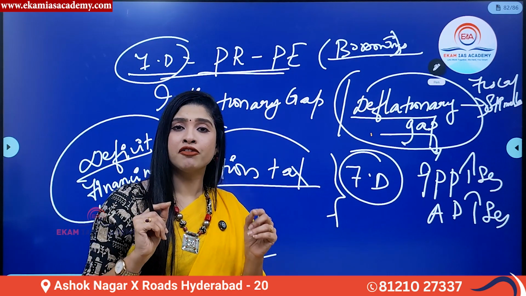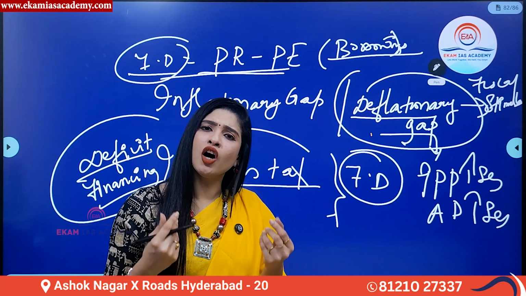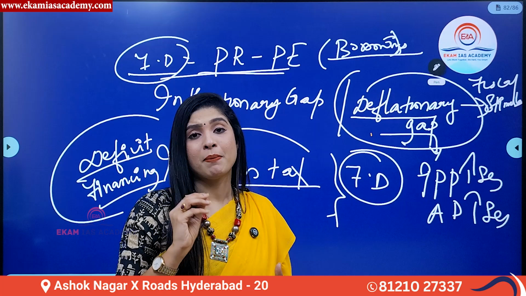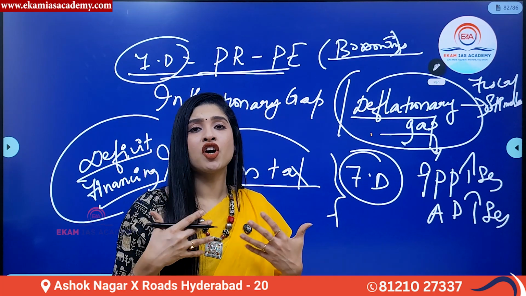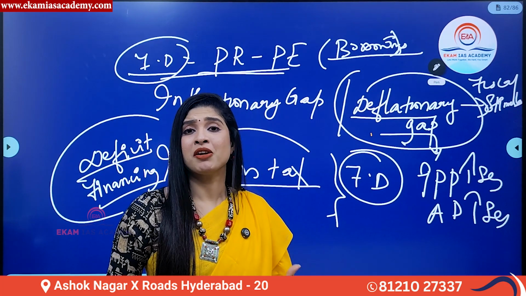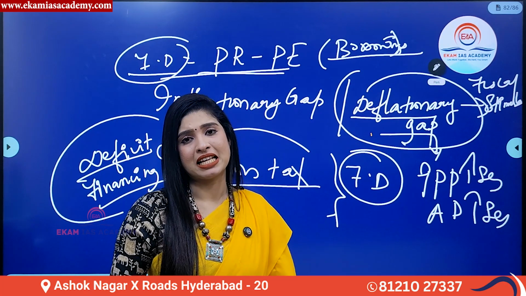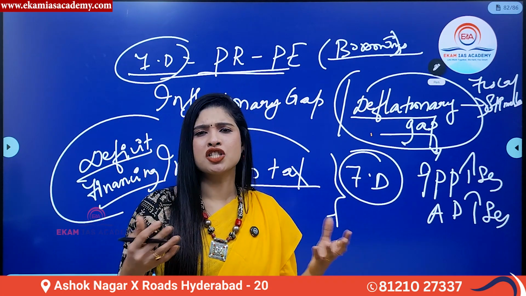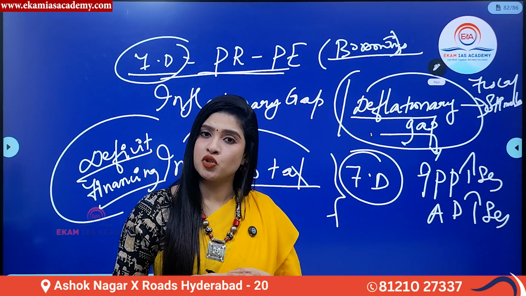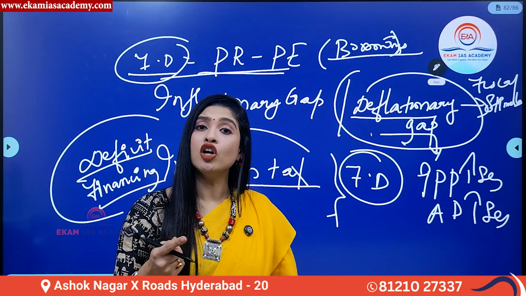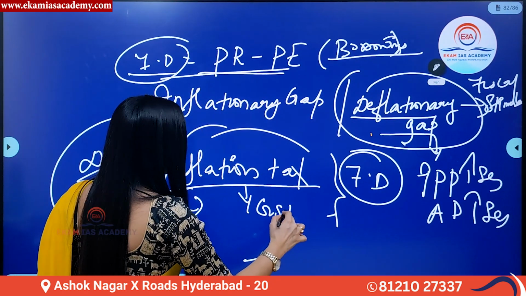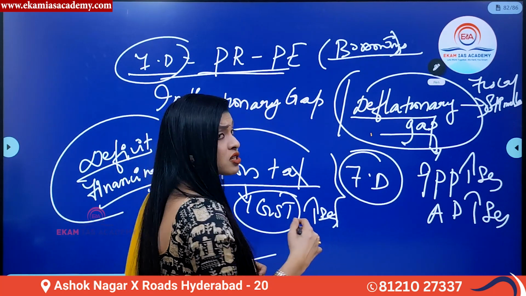In simple terms, it refers to printing of new currencies. So when new currencies have been printed, money is being injected into the economy. Money supply increases. So the expenditure of government also increases. Slowly and gradually, as I told you before, the purchasing power parity or capacity of the people increases. Their total or aggregate demand also increases. So what happens? Price rise happens. Now, during this situation, the government will also increase the indirect taxes. For example, the indirect tax for India is GST. When the indirect tax increases, what happens?